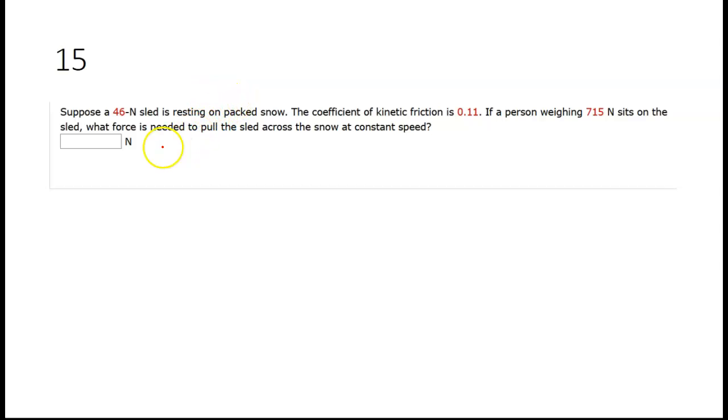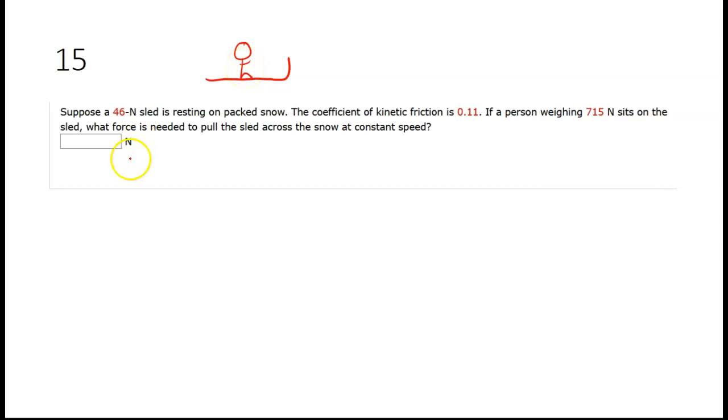All right, continuing with number 15. We have a slow sled on some packed snow. It's not a frictionless situation, and we also have a person sitting on that sled. This is an example where if we used the sled as the object of our free body diagram, we